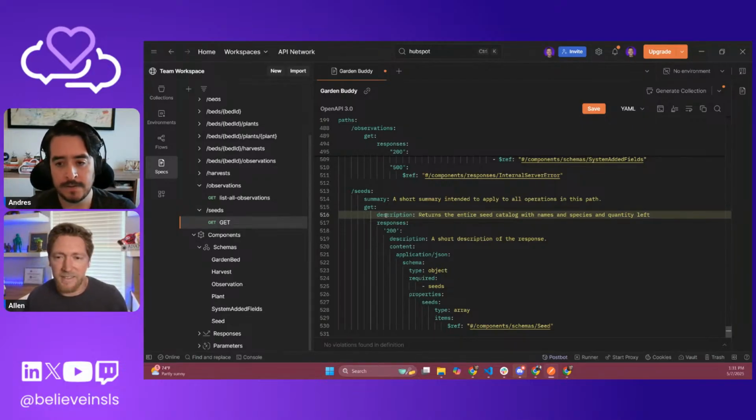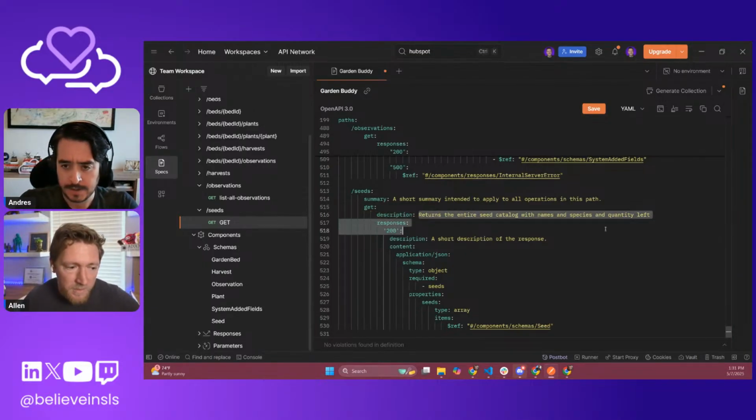And it can go in, and we just need it to fetch the list. We need the name, the species, and how many are left. Because if I don't have any seeds left, that's not really a viable option. I'm not about to go and buy more. So this is what we would return back. This is the context we would need to provide to the tool.